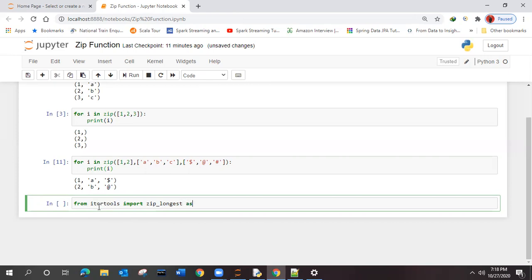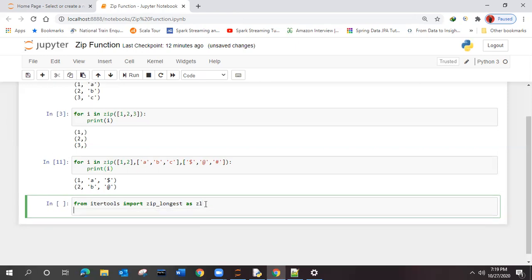It is one of the inbuilt functions. We will see how it is going to work. For this zip_longest, I have given the shortcut name ZL. It's your wish whether to give it or not. Then we are going to form the set based on the ZL.